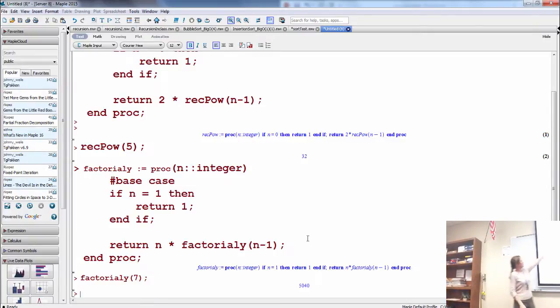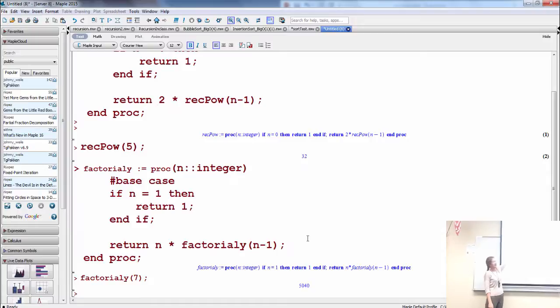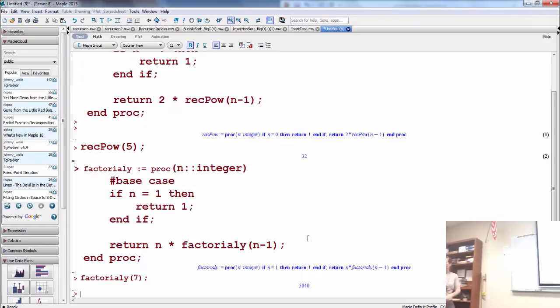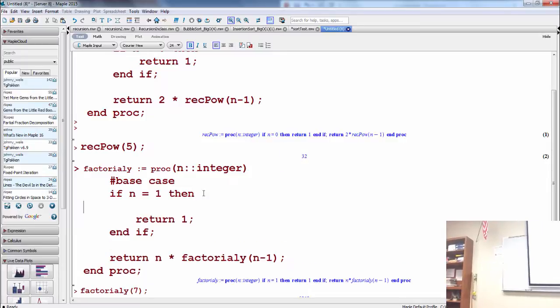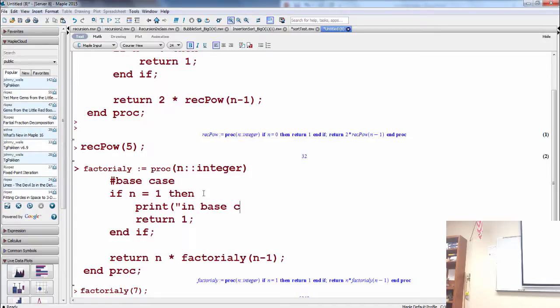Another way that you can do this, maybe I'll demonstrate with this one here, is you can trace your variables when you're running this code to help you visualize what's going on. When you trace your variables, that just means print them out. So you can do a little print. If you wanted to, before you return, of course, you would put your print statements and just tell yourself where you are. And you can print out n right there.